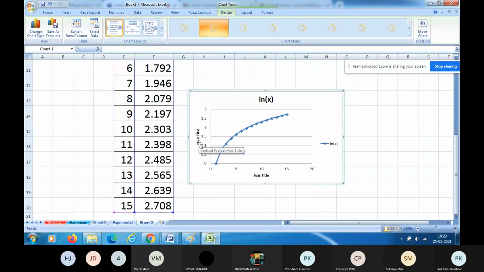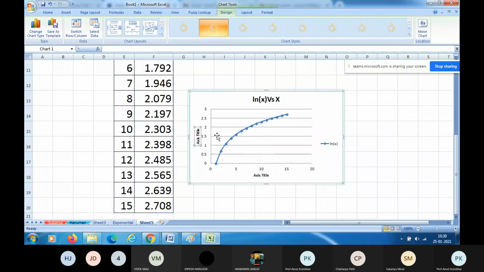You will have axis title on the y-axis, axis title on the x-axis, then title of the chart. So click on the title of the chart. What is the title of the chart? We are plotting a graph of ln of x versus x, right? ln of x versus x. This is the title of the chart.